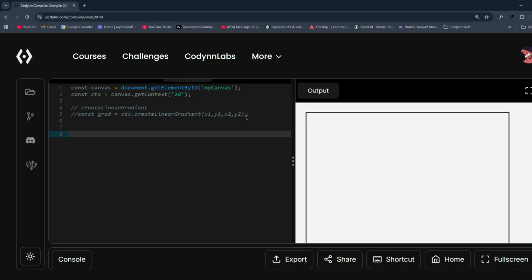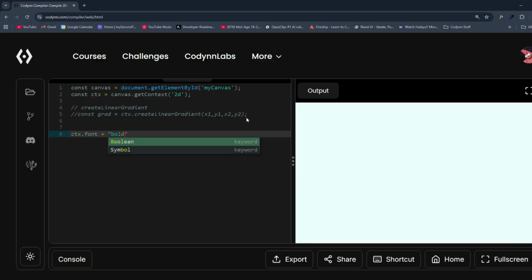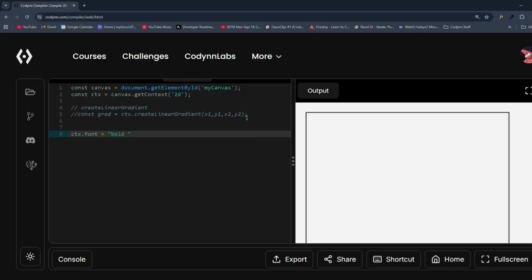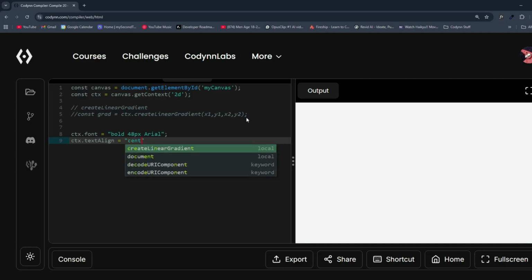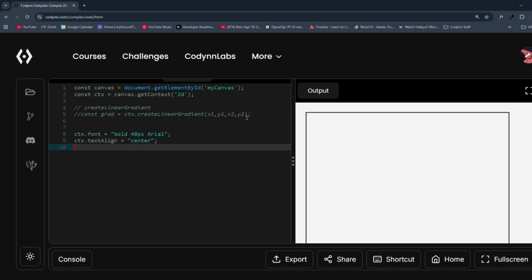Now let's first create our text and place it somewhere. So ctx.font equals, let's say we want to keep it bold. So bold and 48 pixels and Arial. Now for aligning our text, we'll keep ctx.textAlign equals center, and after that we'll align it vertically as well. So textBaseline equals middle,